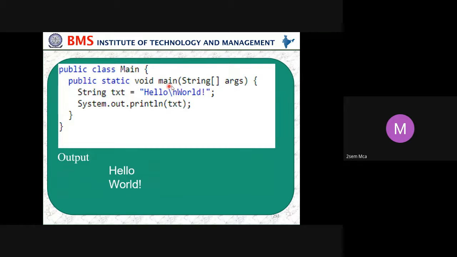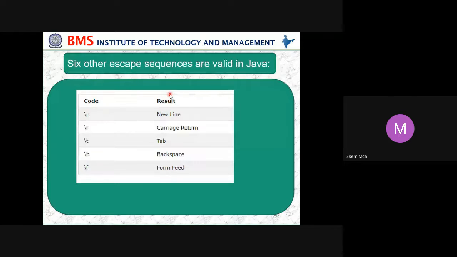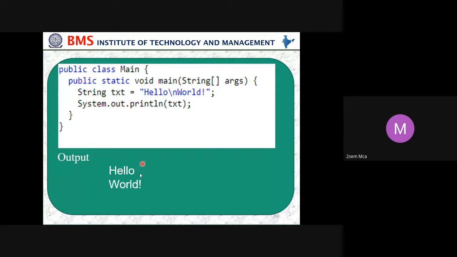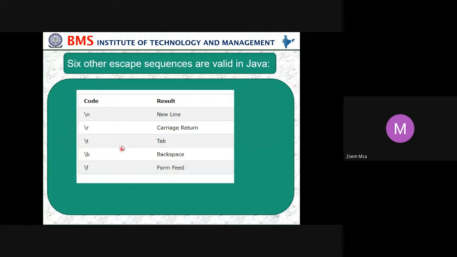In the same way, instead of backslash n, you replace it with all the others. Next time you replace it with backslash r, next time backslash t, next time backslash b, next time backslash f, and see what is happening in your output. Here with backslash n, hello is printed in one line, world is printed in another line. In the same way, if you use backslash t, hello will be here, after that some tab, inbuilt tab size, and after that world will be printed. Like this, try out the other escape sequences.